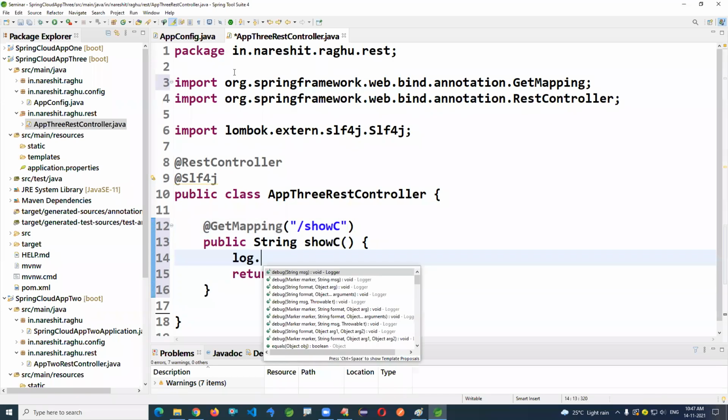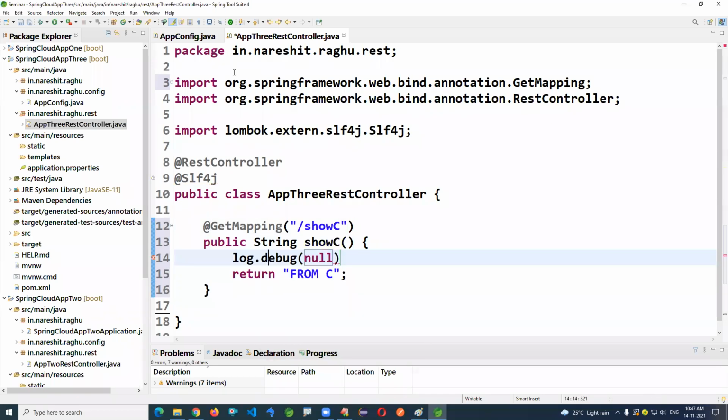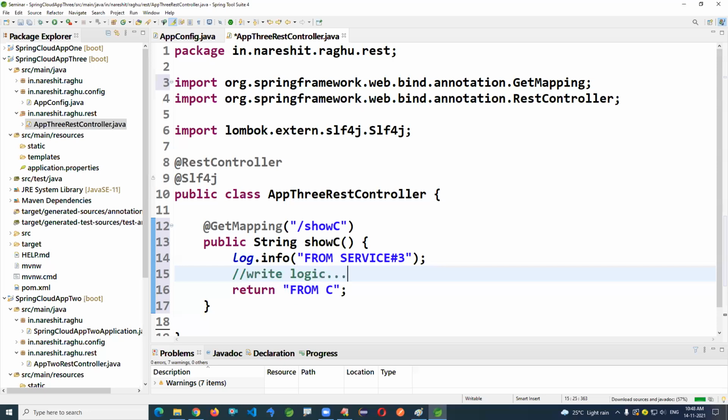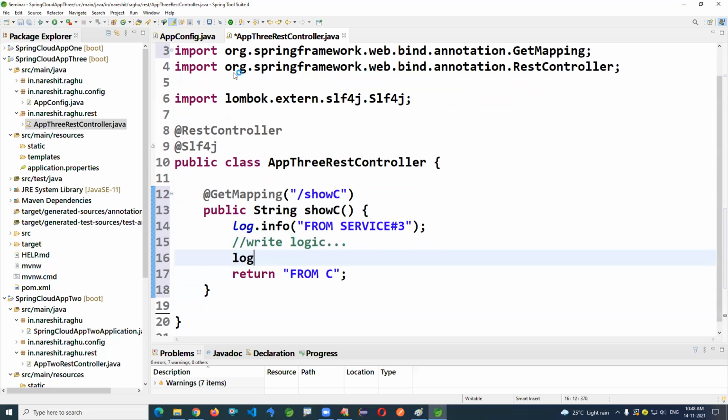Info, error, warning, fatal. You can print whatever you want. Write some logic and try-catch blocks also. From service 3. You can write logic to do some transactions and all here. Bye from service 3 like this and that.